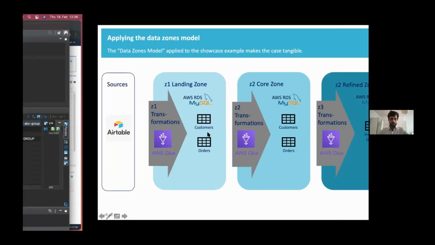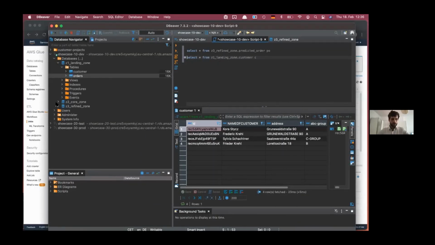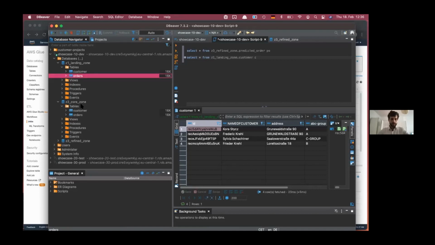We do that also in DBeaver. So we have here the core zone. Again, in the core zone, there's these two tables. But let's see how, for example, here's the name of customer in large capital letters. Since we're trusting the data in the core zone, this is one of the changes that are typically made for the zone 2 transformation to make all the column names the same and in the same syntax. So we say select all from